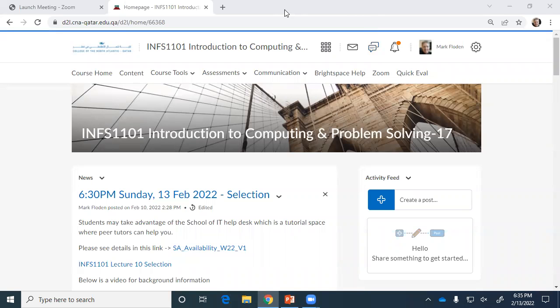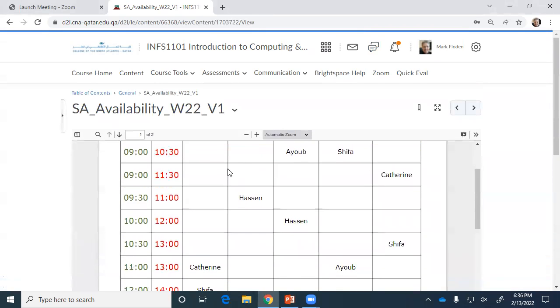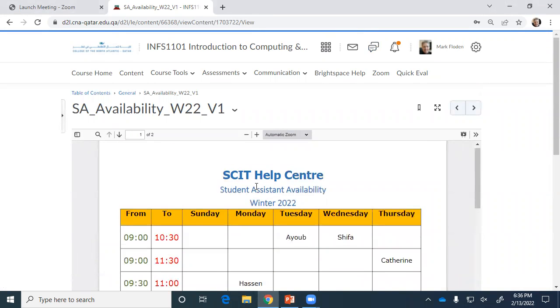I just want to show you a couple of things on the home page, the news. So there's a link here for students that would like to get some help from a peer tutor. So we've got a peer tutoring sort of facility going on. They're calling it a help desk, but it's peer tutoring. If you follow that link, you'll see that there's a timetable where you can drop in this room, which